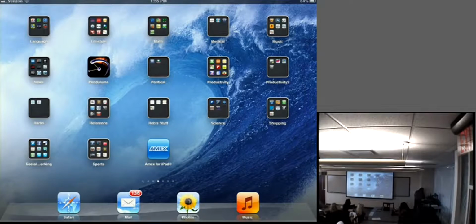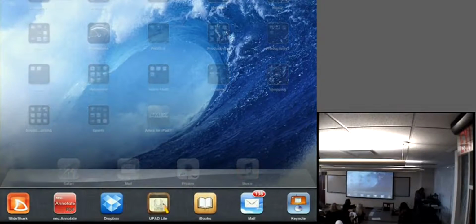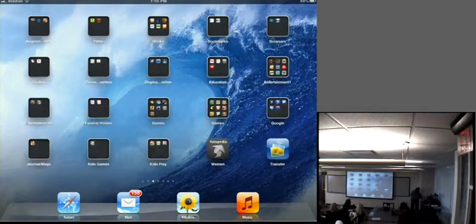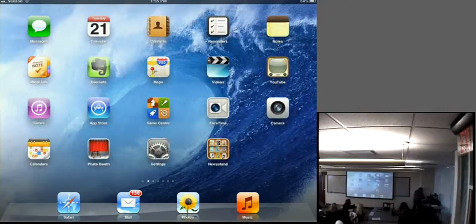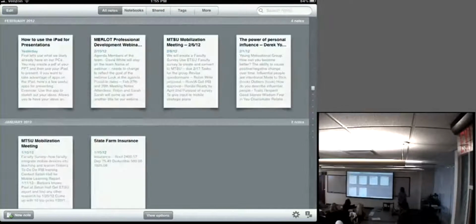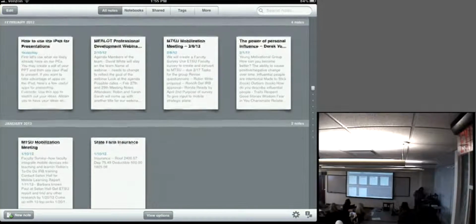Okay, Evernote is, I thought I had it open here. Evernote is one of those apps that allows you to take notes. There it is. It's there on the front page because I use it all the time. Here's all the notes that I've been taking here. And actually, as I was deciding what I was going to do, I went through and I actually said, okay,